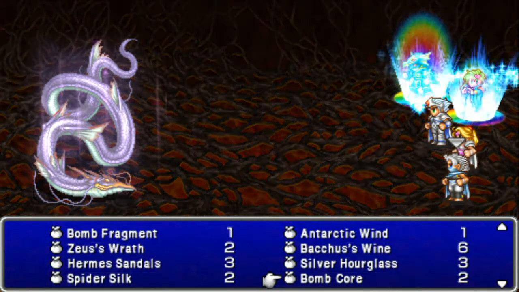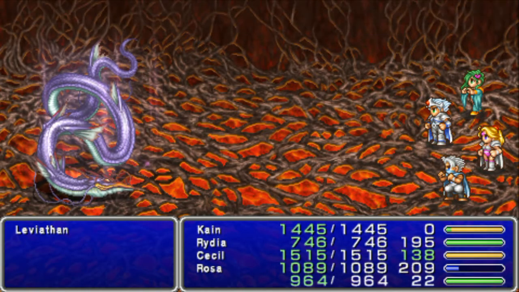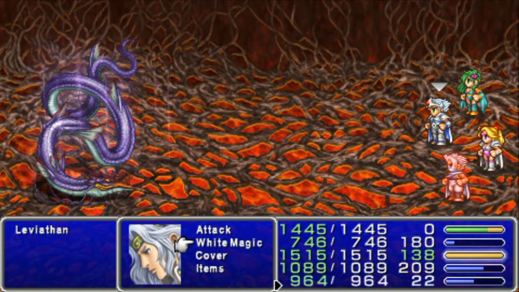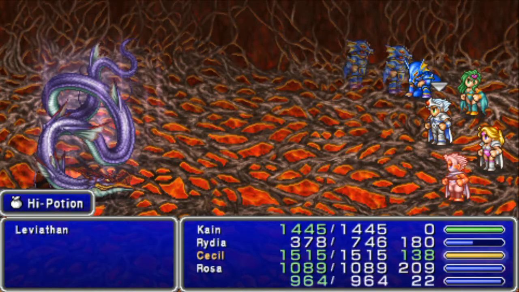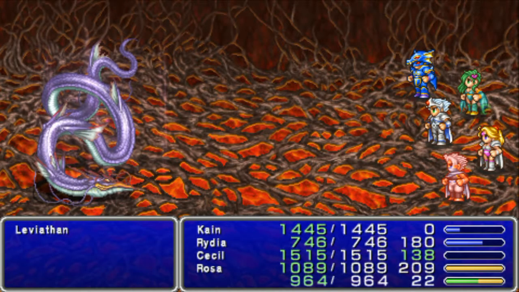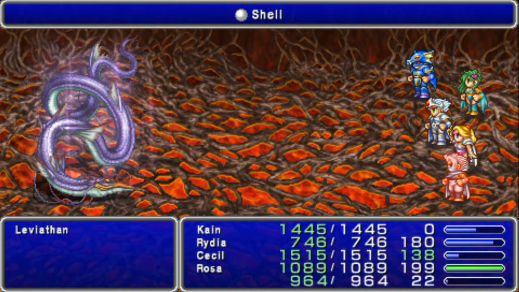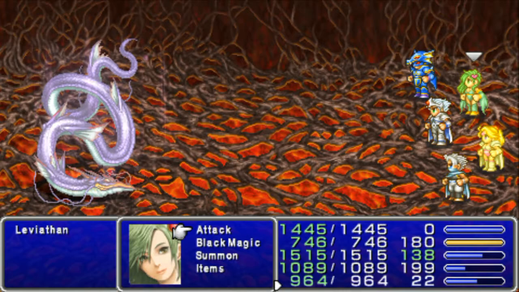Raga. Baka Swine. There we go. That's what I should have been doing. Baka Swine on Edge with Thunderclaw. He's going to do 1,000 damage a hit, and it's going to come fast. I think that should increase magic resistance, so...